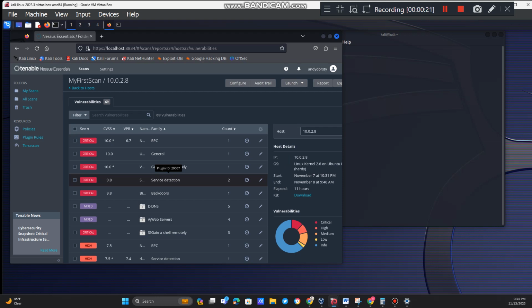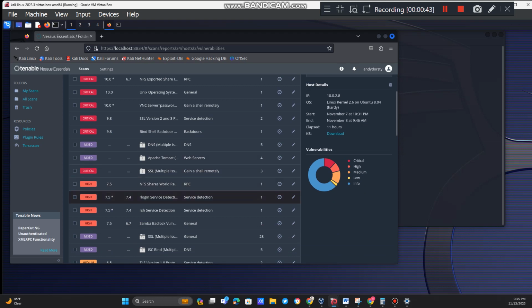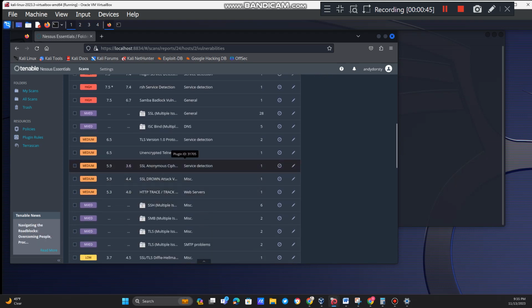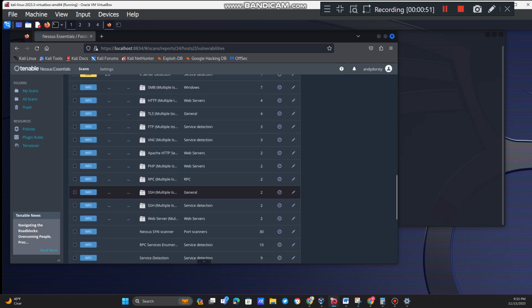So I have my Metasploitable 3 open. Yeah, I have that service open. So that's what I scan. And you can see the various vulnerabilities have been arranged according to severity. So we have critical, which shows that that vulnerability is really critical, like it says. We have mixed, we have high, we have medium, we have some information that we've gotten from the other device,